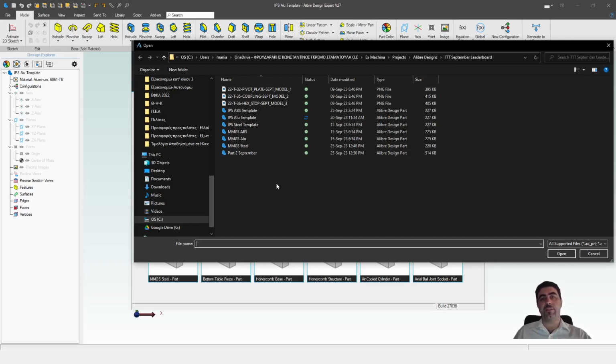So there are three materials: aluminum, ABS plastic, and steel. And there are two unit systems, IPS, which is inch, pounds, and seconds, and MMGS, which is millimeters, grams, and seconds. Seconds does not apply in Alibre. It doesn't have a simulation module, but whatever. So between them, there are six